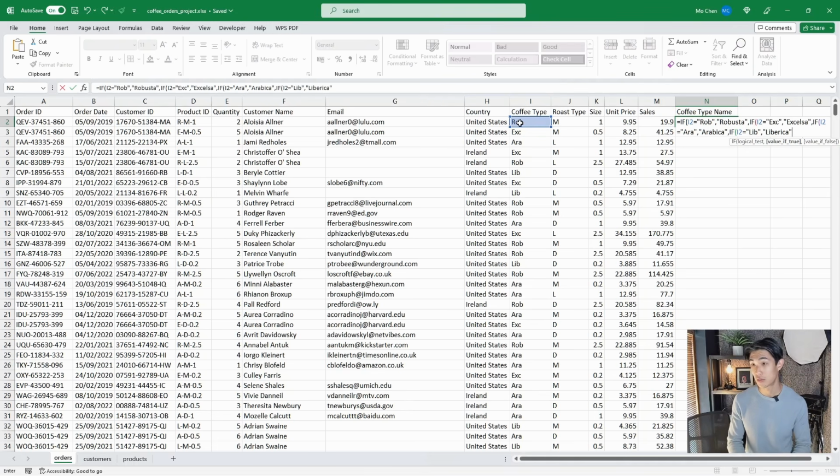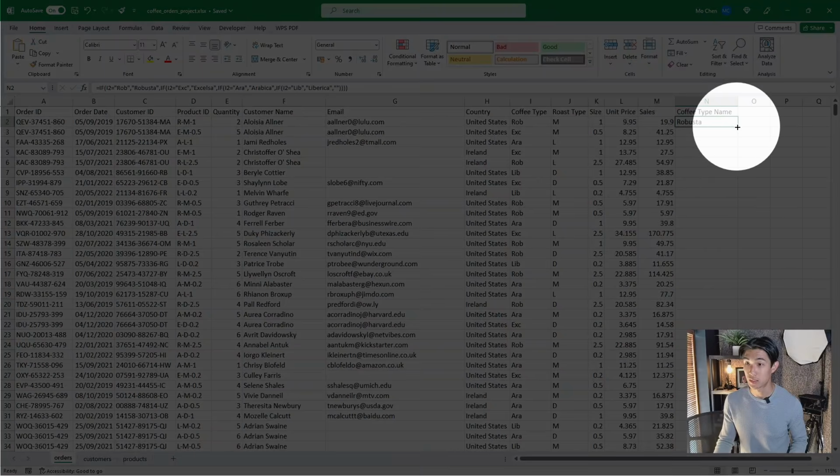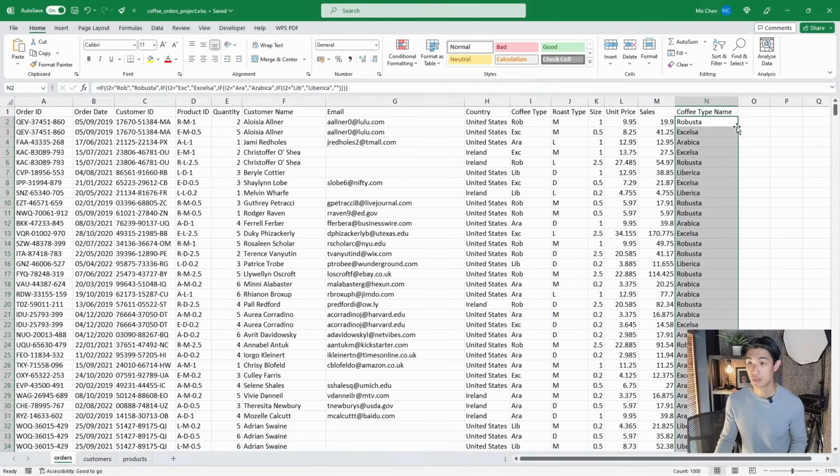And then for the value if it's false, I'm just going to leave it empty. We're not going to have any of these values because we have all values populated. Close the bracket again, and again, and again, and then hit enter. So now what you can do is press the plus sign twice, and then the column will be auto-populated. And I think this is just a bit nicer because it's easier to understand when you have the full name